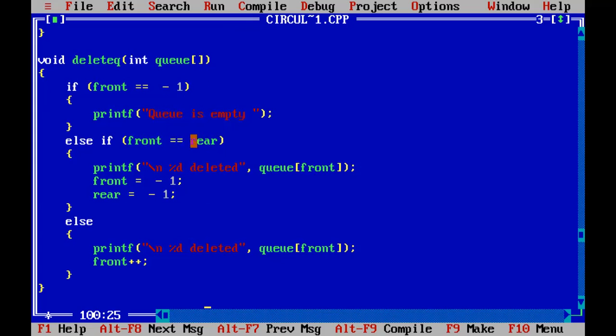If the front is equal to rear, that is, if the circular queue has only one element, and we perform the delete queue operation, then that element will be deleted, and again the queue will be empty, because only one element was present and that element is deleted. So front and rear both will be minus 1. So this is the second condition. And the third condition,